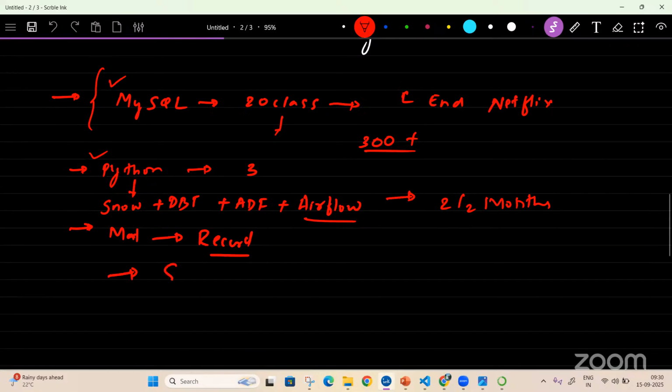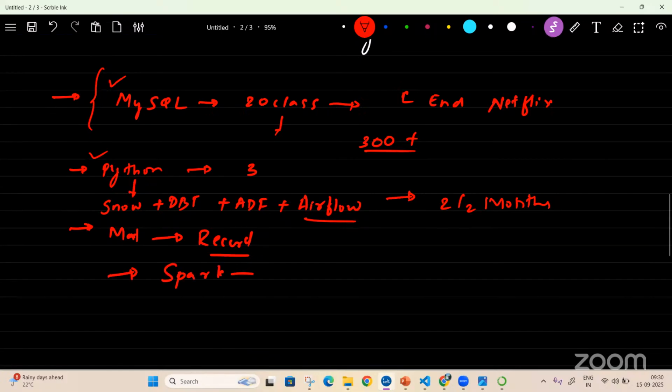After that, we'll be starting with Spark. This will be done with respect to Databricks. I'll give an idea on how Databricks works, and then Snowpark. Snowpark is where you execute PySpark code inside your Snowflake. That time we need Snowpark, and this time your Python will come into the picture.